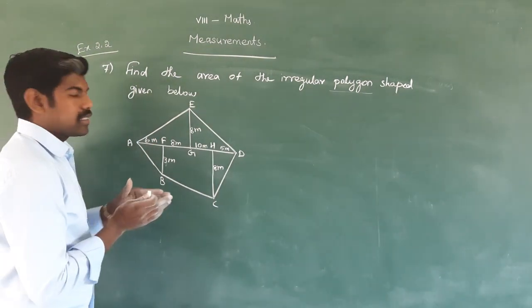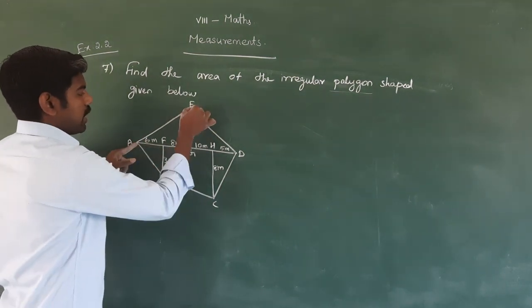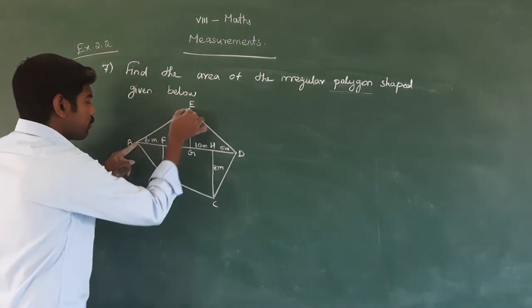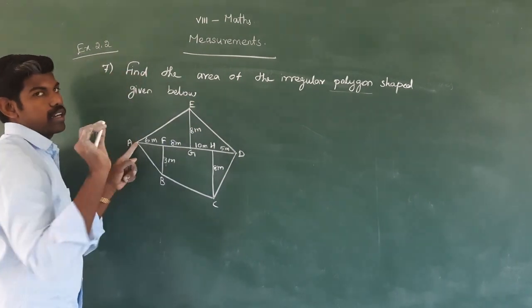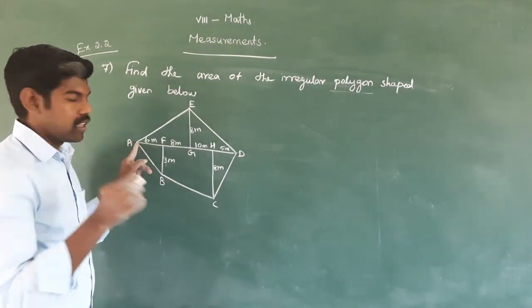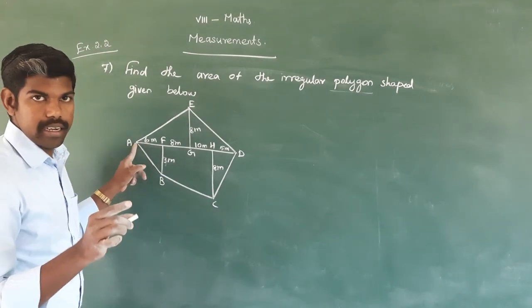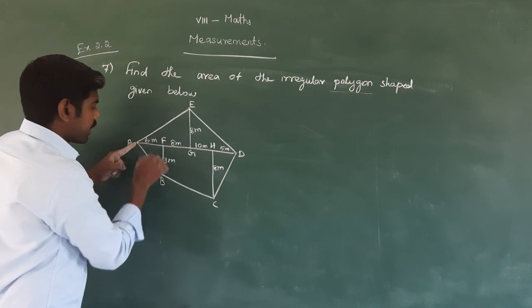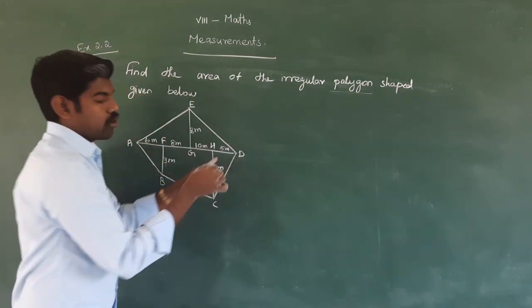So we separate the shapes first. So this is one triangle and this is another triangle. Total 2 triangles. This triangle also makes another big triangle. A, D, E is one triangle, okay, correct? A, D, E is one triangle and A, B, F is another triangle. 3 sides. Another triangle, C, D, H, is another triangle.